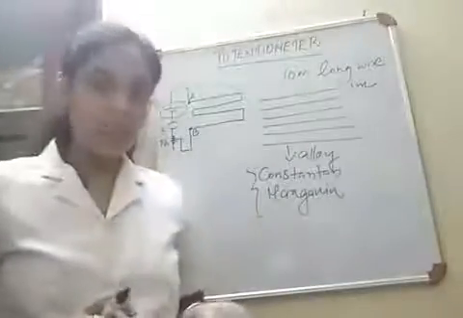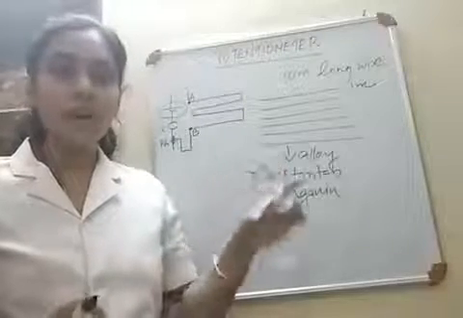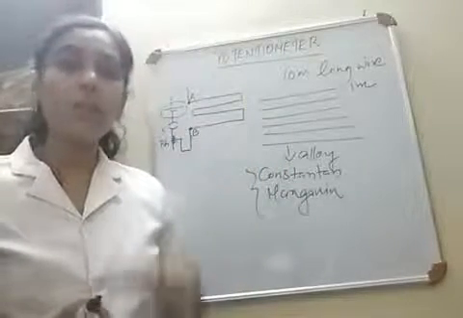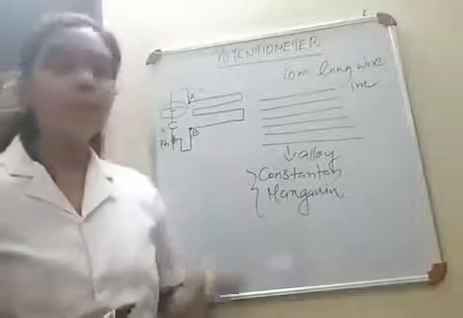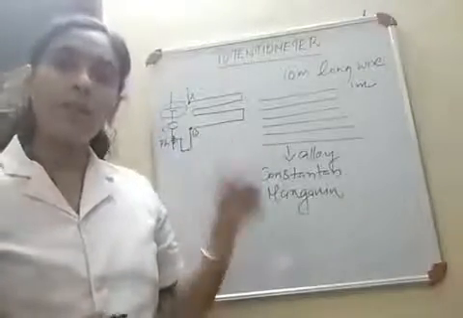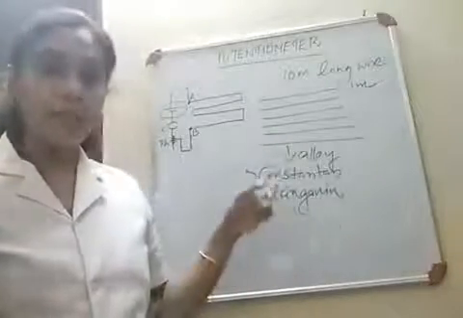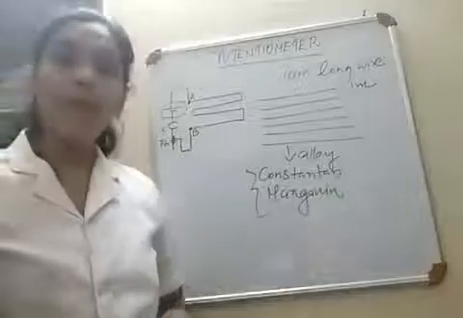Also for the meter bridge, we have seen one wire, and the length of that meter bridge wire was 1 meter. The length of the potentiometer wire is 10 meter. Both the wires are made of alloy. Here the potentiometer wire is made of an alloy, and the material is constantan or manganese.